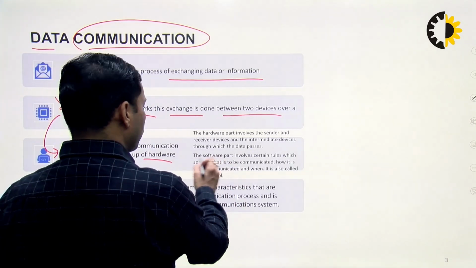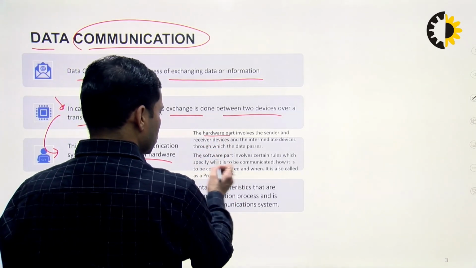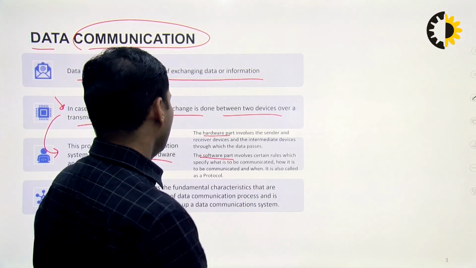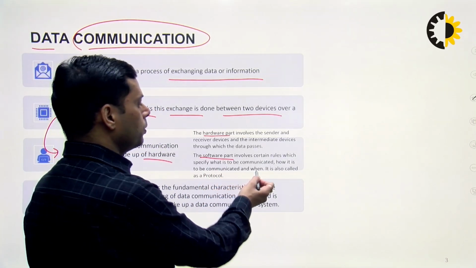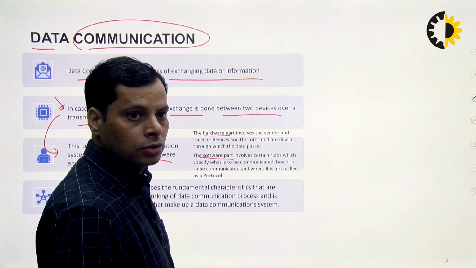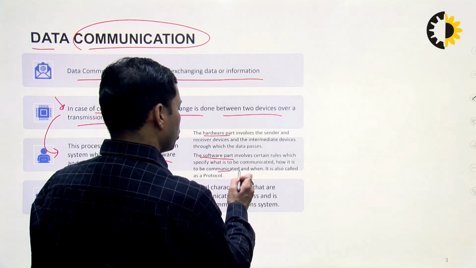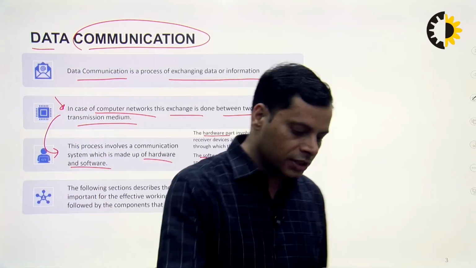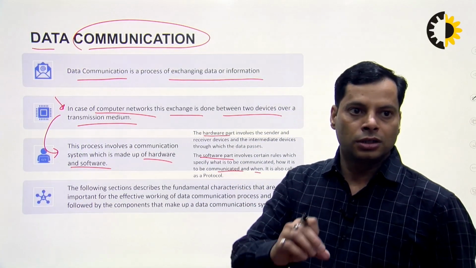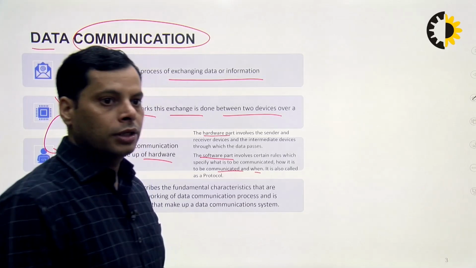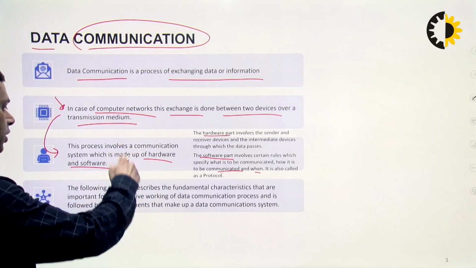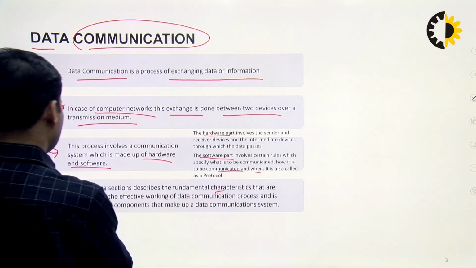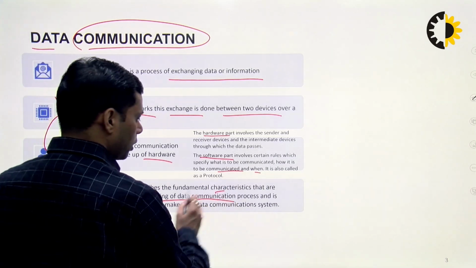After that, the software part involves certain rules which specify what is to be communicated, how it is to be communicated, and when. So it is called a protocol. A protocol is a set of rules that can be decided. The following section describes the fundamental characteristics that are important for the effective working of the data communication process,